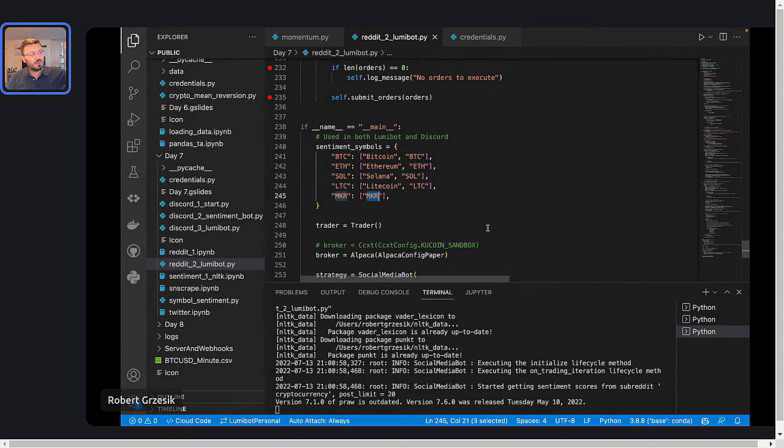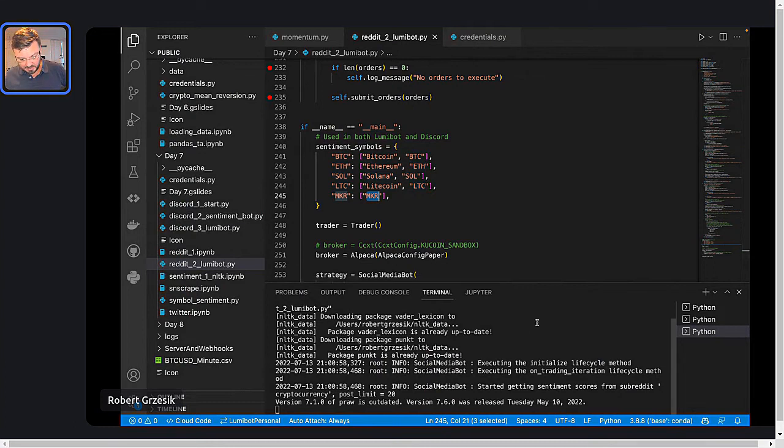So we're going to be reading through all those comments on Reddit and figuring out what is the coin that people like the most right now. And then based on that information, we're going to construct a portfolio of the most popular coins right now on this Reddit group. We could also modify this thing to do a lot of other really cool stuff, like if a coin all of a sudden got a lot better sentiment recently, why did it get a better sentiment? Maybe there's something going on, so maybe we want to buy that. There's a lot of things that we can do with these social channels.